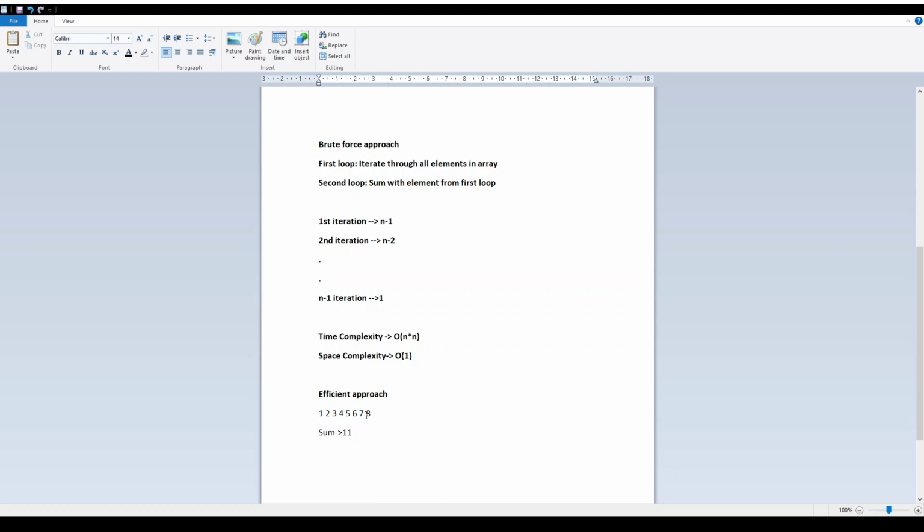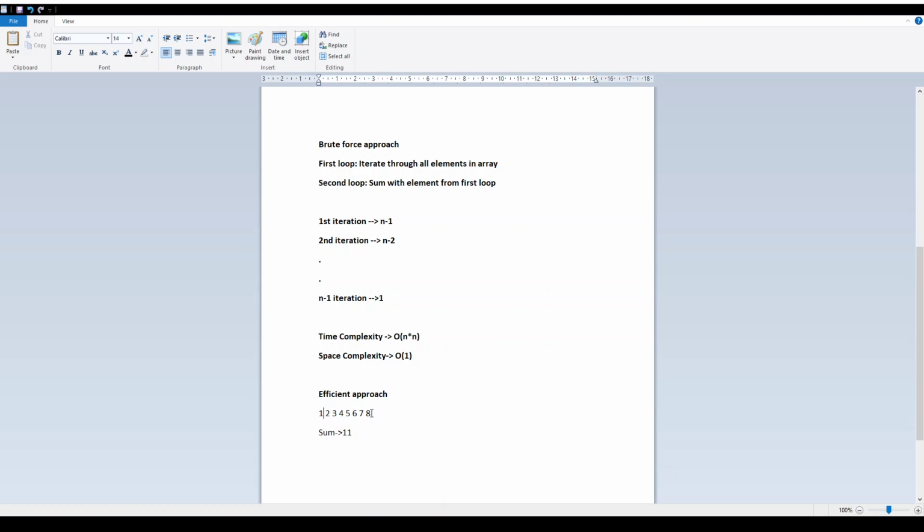Their sum is 9, which is less than 11. What should I do here? I know this array is already sorted, and if I take the first and last, my sum is less than the required sum.